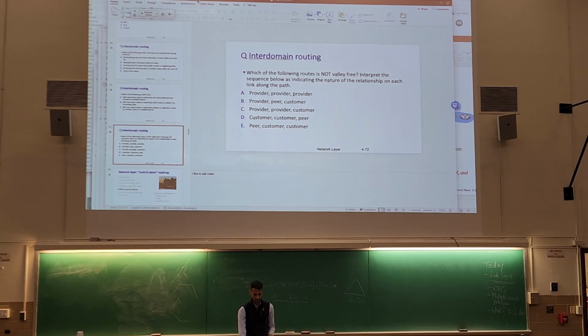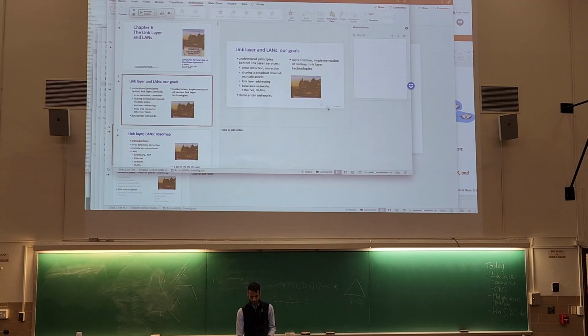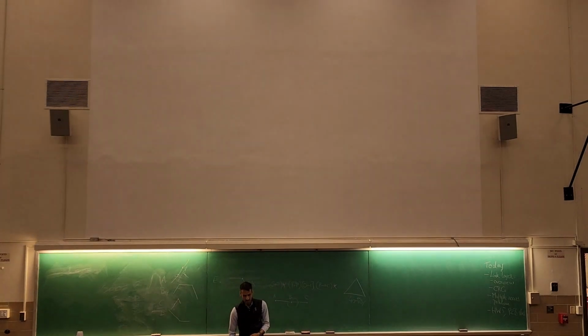Alrighty. So this is the last of the chapters we're going to see. I usually try to cover at least a little bit of wireless networking, but unfortunately we're running a little behind, possibly because of the class size and more time on clicker questions and whatnot. Right? I don't know. But the link layer is an important